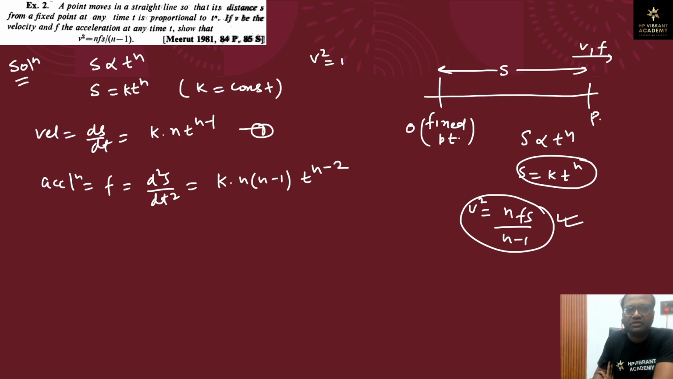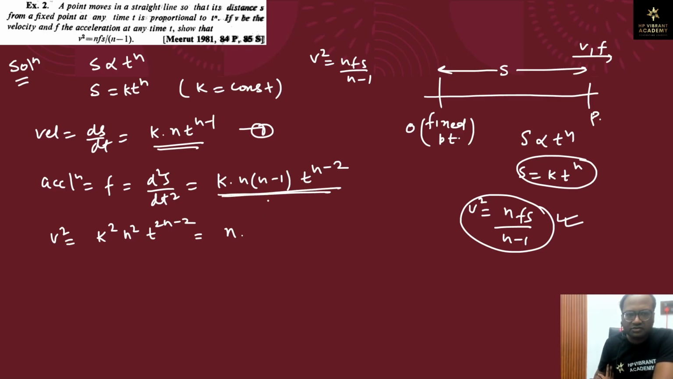Now we have to show this: v square is equal to nfs upon n minus 1. So let us find v square. So v square is equal to, let us square this, k square n square t to the power 2n minus 2. Let us rearrange this. Let us take the first term as n. And we have f as this one, and we have k square. So let us write this down. We have n square there, no? So we can write this as